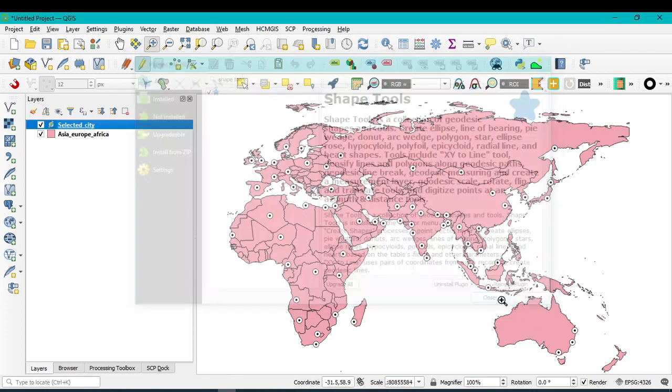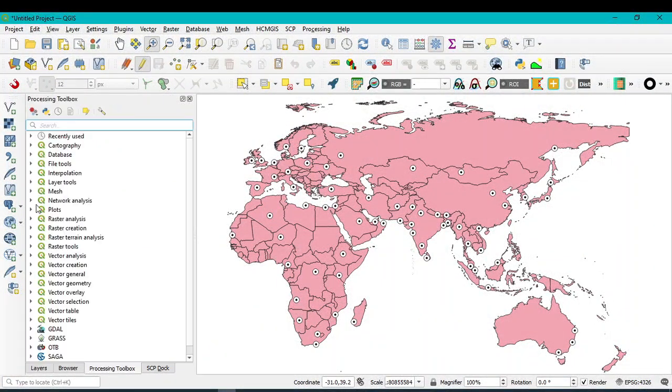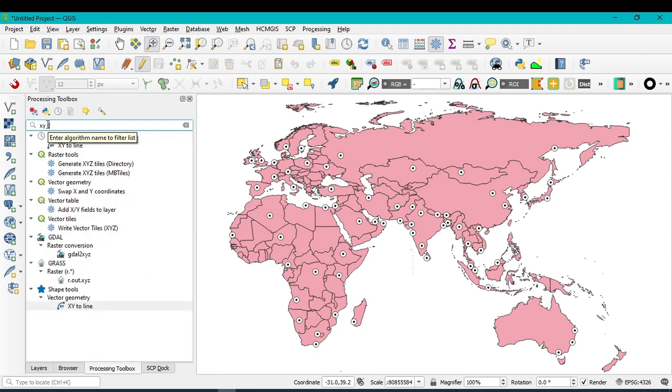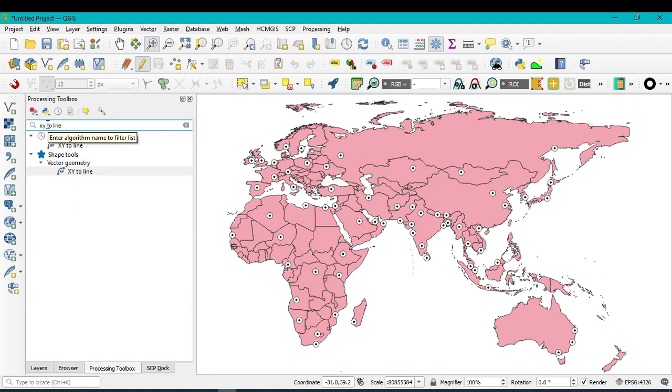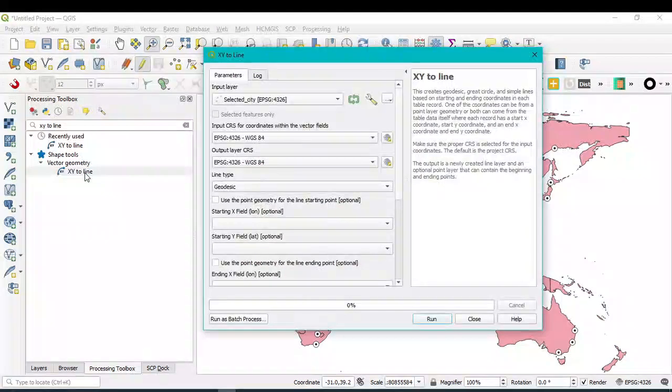So after that, open the processing toolbox and search XY2 line, and you can find within Shape Tools the XY2 line. Simply click on it, input layer, selected city, and target CRS as default.